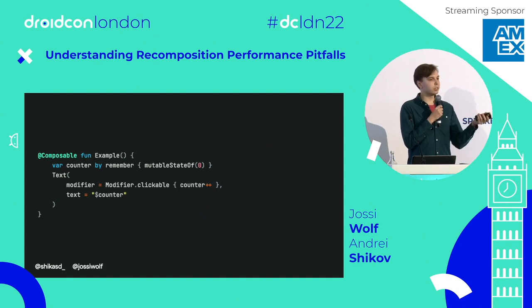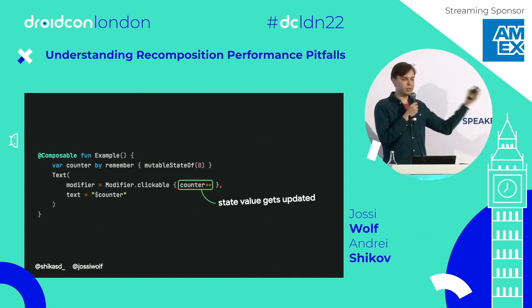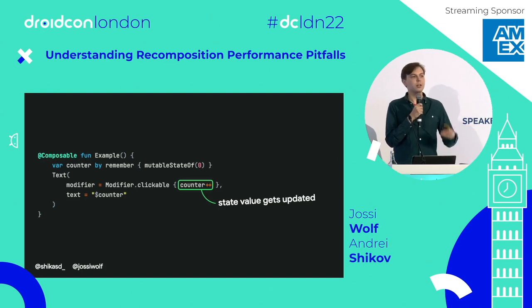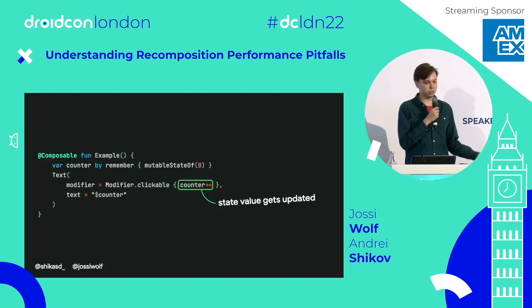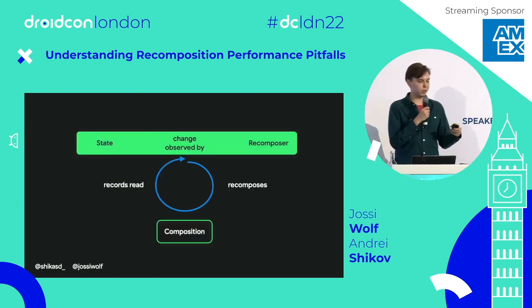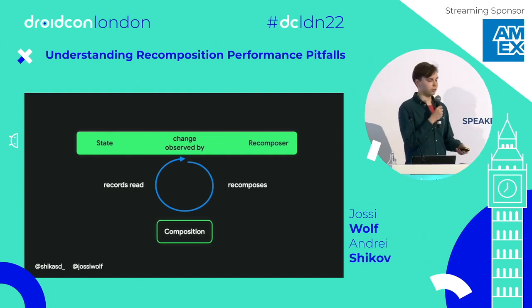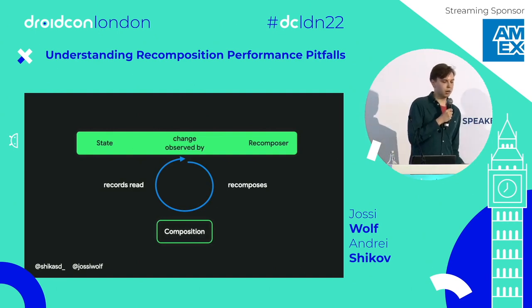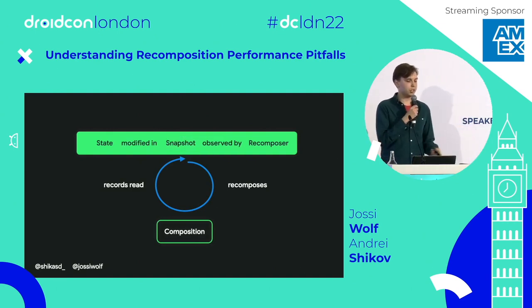So here, where is the state getting mutated? Well, it's in a really visible place. We click on the text, the touch event gets dispatched, the lambda gets called, and we increase the counter, updating the state value. But to understand what happens inside, we need to go one step deeper, just like command-click through some lines of code that exist in the Compose runtime base and find that state is actually observed